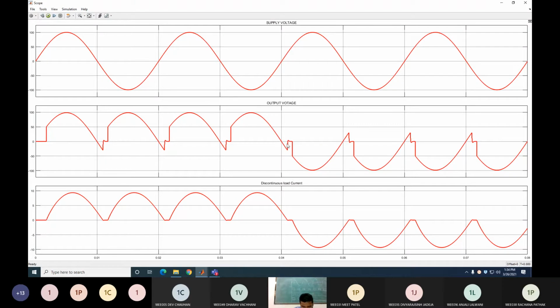After 4π here, P3 P4 continues conducting up to 4π plus φ. And after 4π plus α, you require the negative output voltage. So you turn on the N1 N2 thyristors from the negative group. Again from here you get the negative voltage. This voltage is because of P3 P4, but this negative voltage is because of N1 N2. Now you can see the current is also 0 here, the voltage is 0. And after that you get the negative current because you get the negative voltage. So the same thing is repeated for the next cycle.